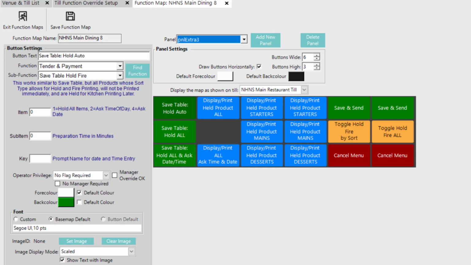The first of the 3 is one that I've referenced a couple times already, is going to be our save table hold fire till function here. And we can see that I've got 3 of them all together that have been configured slightly differently. So this function works similar to the standard save table function, in that the active table will be saved. But as a default, what'll also happen when it's used is that all products whose product sorts are configured in the venue settings to be held automatically will be held from printing for the time being. Now I'll explain each of these 3